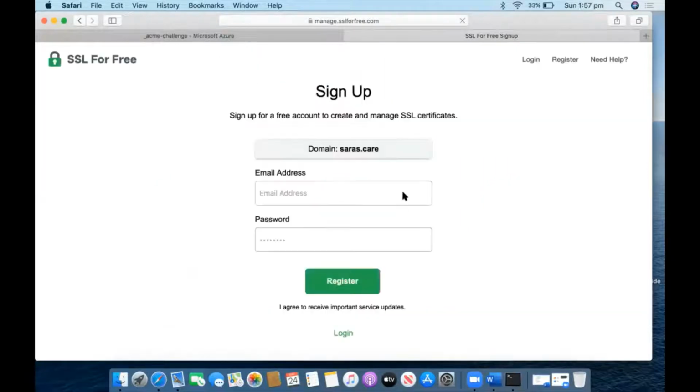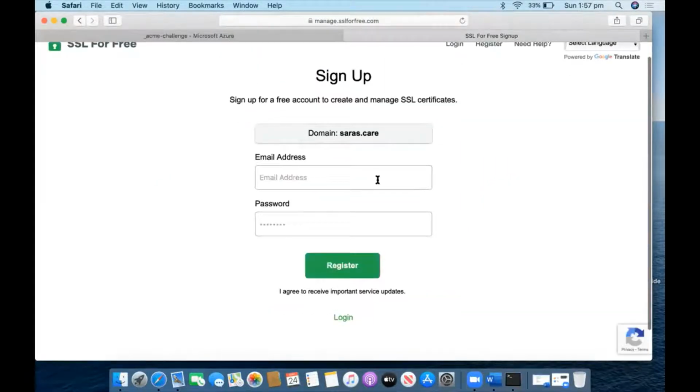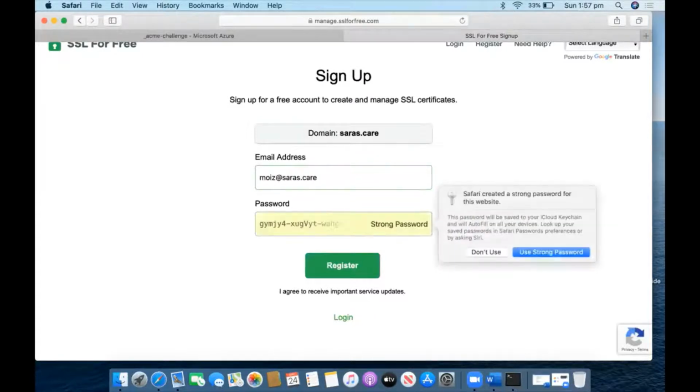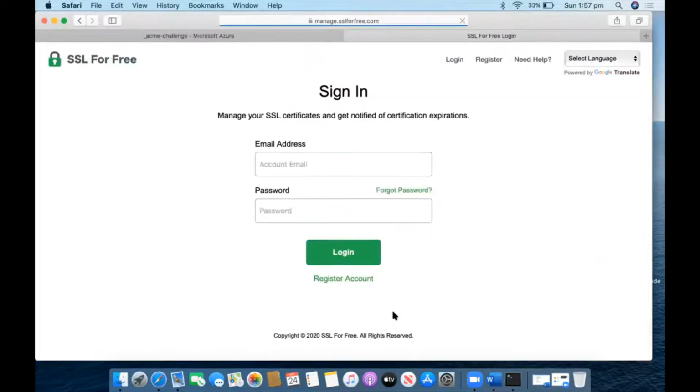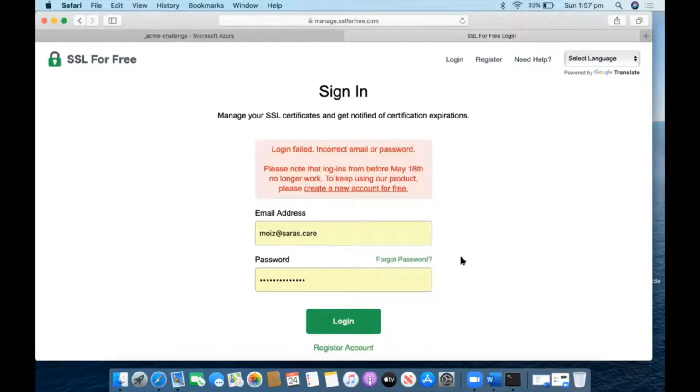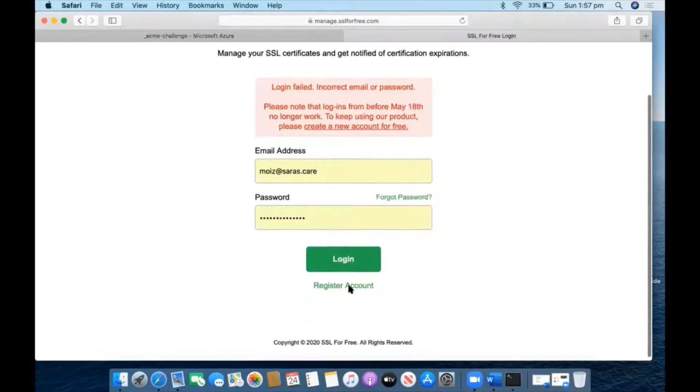So what it will do now, it will ask me for login details. I already have login details, so I will say saras.care, otherwise I will click on login because I have already created this one. You see here, I already have the domain name. Login incorrect, email, okay, I will register it.